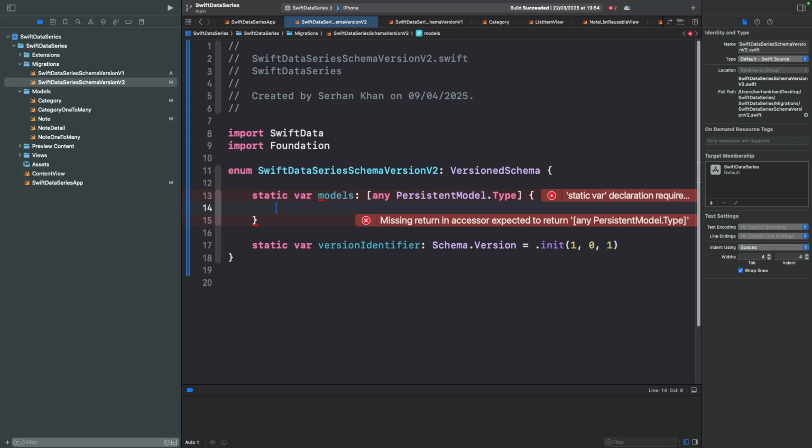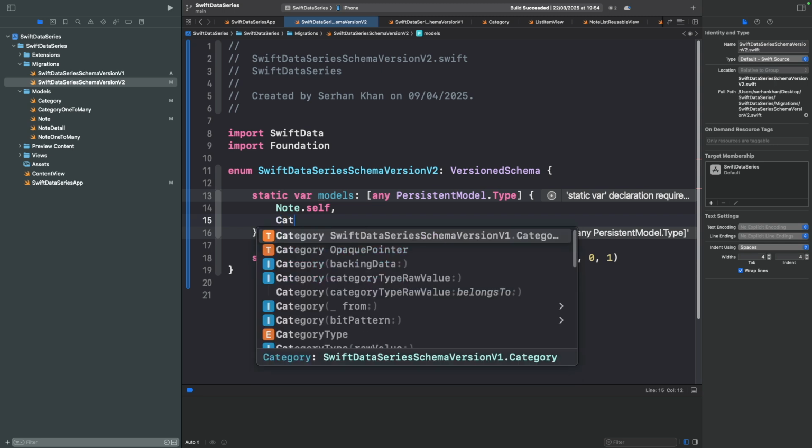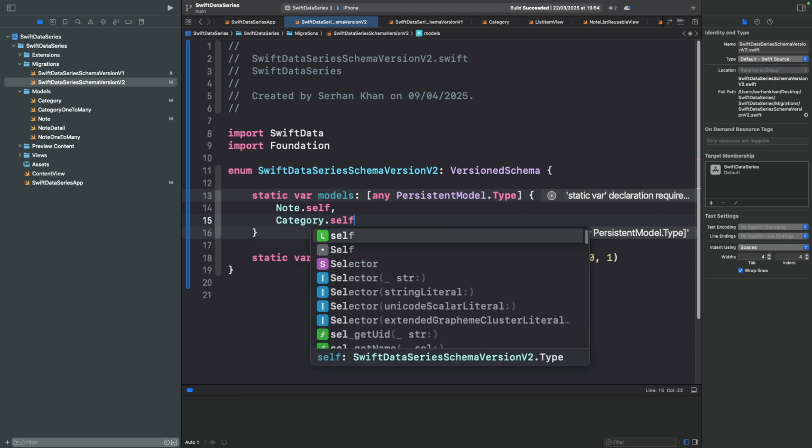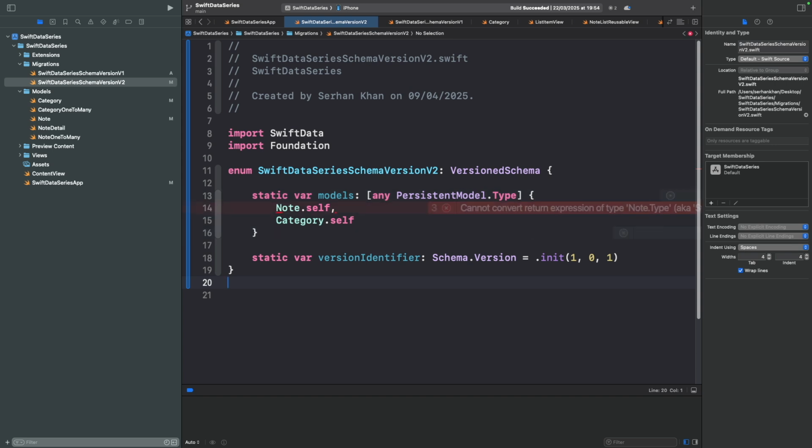And as I mentioned in the beginning of the video, this is a lightweight way of implementing the migration. Okay, so we're gonna have node.self and the category.self. These two models will be included within this schema, and